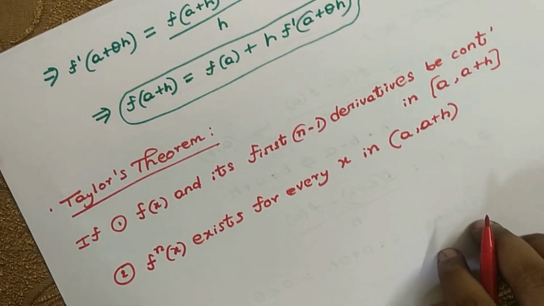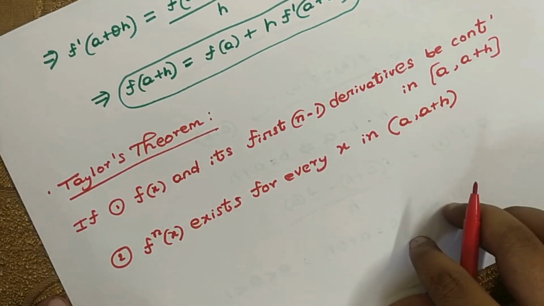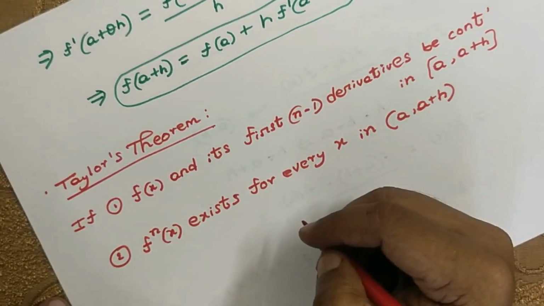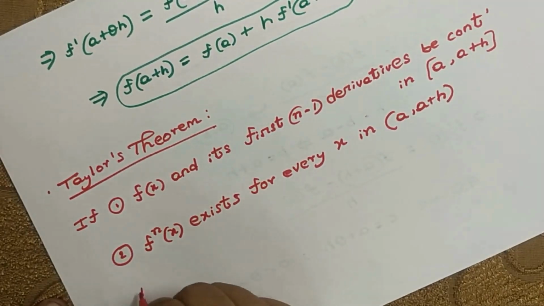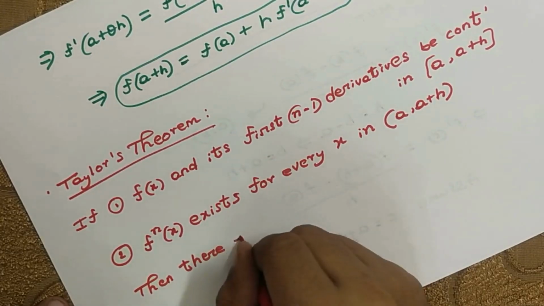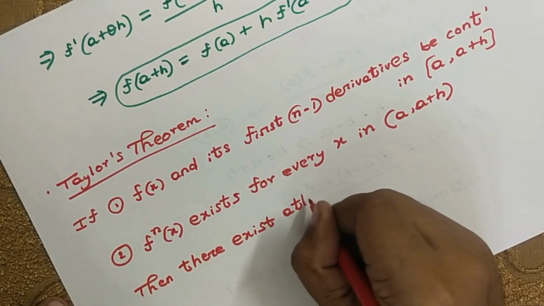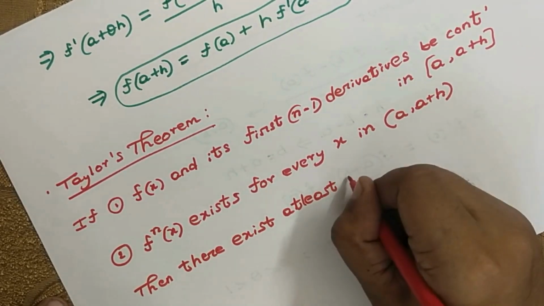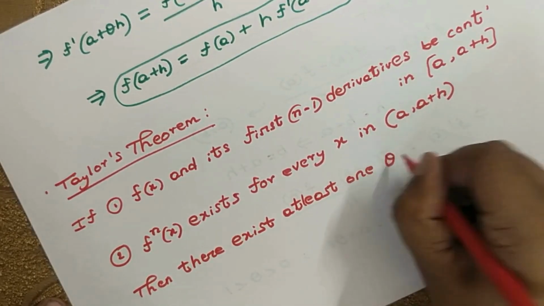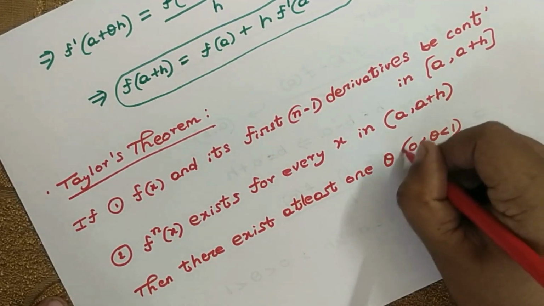These are nothing but the extension of Rolle's theorem and Lagrange's mean value theorem, nothing more than that. If we obey these two conditions, then there exists at least one theta, and the theta interval we already defined, which is 0 and 1, such that